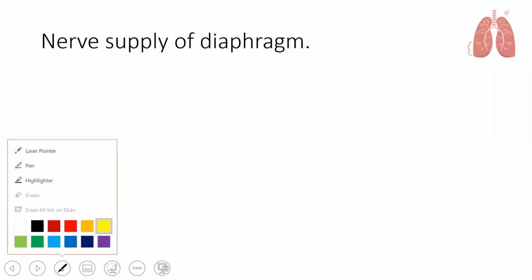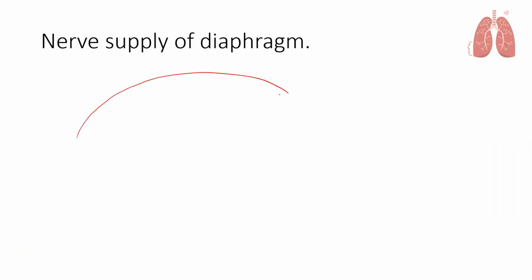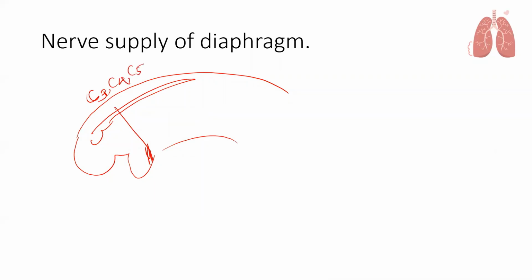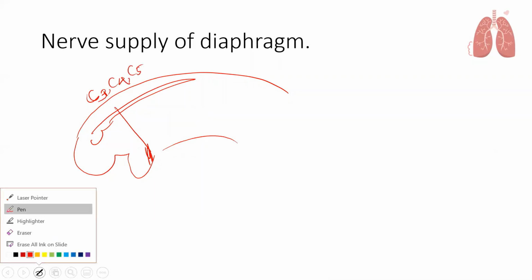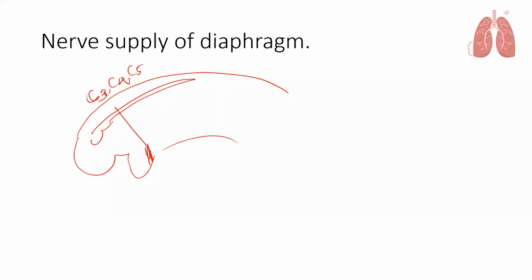So you saw that the septum transversum initially develops in the cervical area, right? If you don't go into much detail, you have the septum transversum here. It develops in the cervical area first, specifically C3, C4, and C5, and it receives nerve supply when it's there from these 3 cervical spinal nerves. This is called the phrenic nerve.